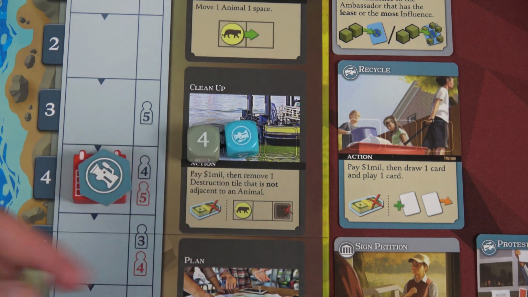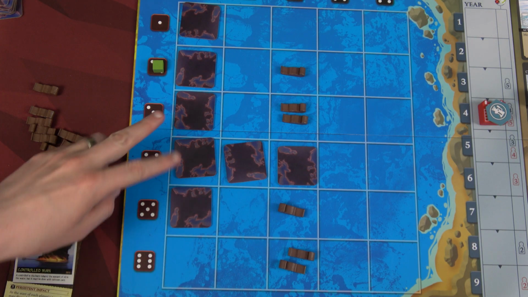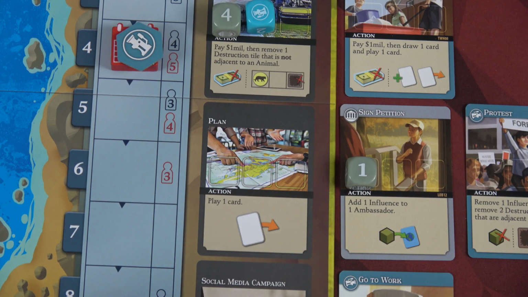Pay 1 million, we're going to remove 1 destruction tile. Can't be adjacent to any of our sea otters, but I'm going to remove one of these two. I think let's do number 5 this time. We're still gunning to get Canadian support, so that means we need more cards on the board,